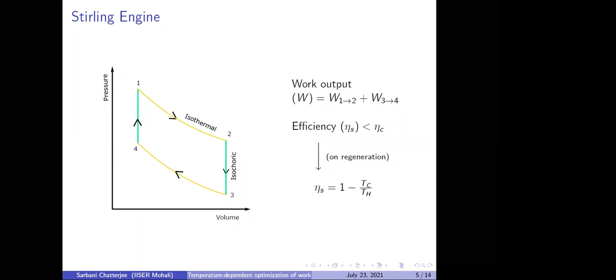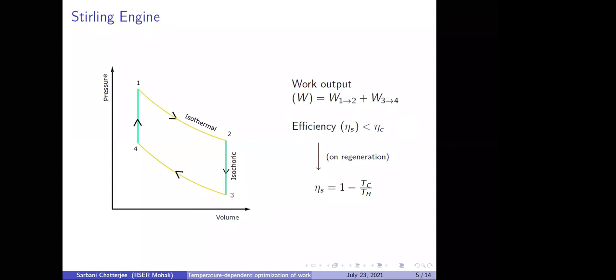Now we have already discussed earlier that the Carnot engine has the maximum possible efficiency and is also an ideal theoretical heat engine. So we might expect the efficiency of the Stirling engine to be much less than the Carnot efficiency. But this is not the case. A Stirling engine has an inbuilt regenerator which increases the overall efficiency of the engine so much so that it becomes very close to that of the Carnot engine.